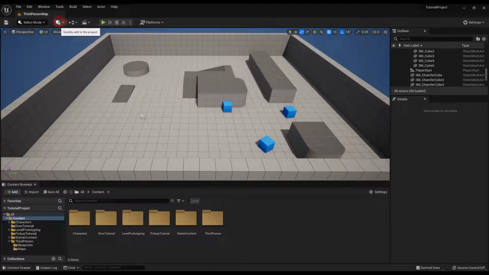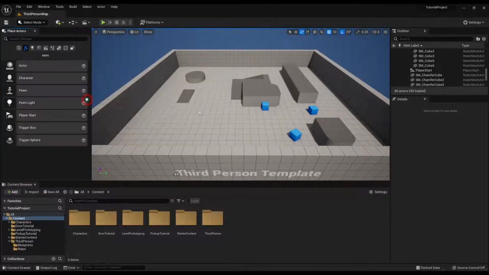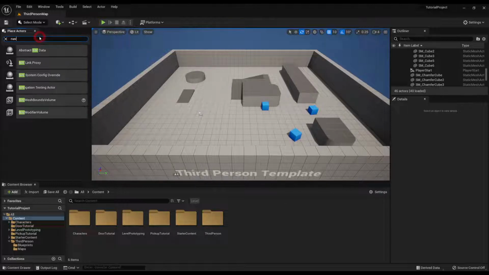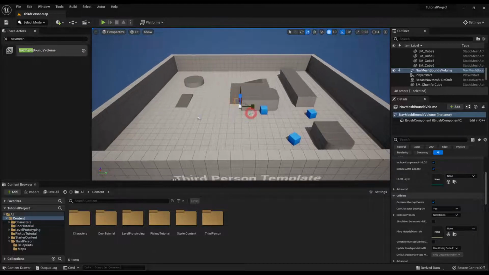By default this isn't there, so we use the place actors panel. It's the box with a little cube and a plus icon, next to select mode, at the bottom. If we click that, we can start searching for various things. If I search nav, we get these options. It's called nav mesh bounds, so you can search nav mesh and it'll bring up just the bounds. If I drag that somewhere in the middle and then start to scale this up